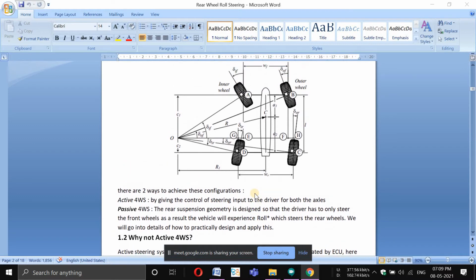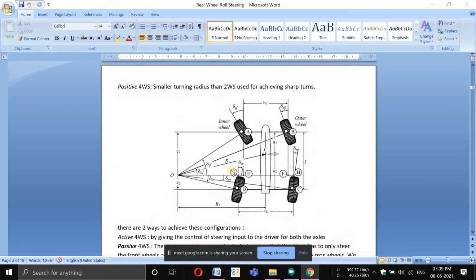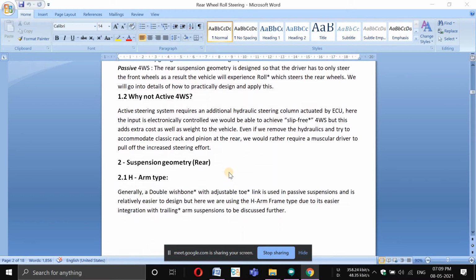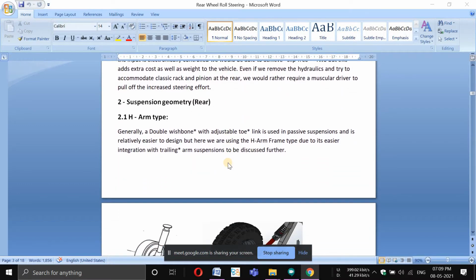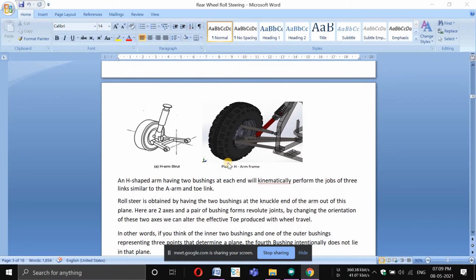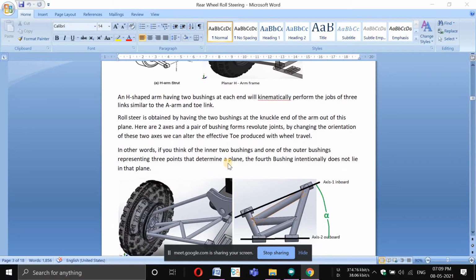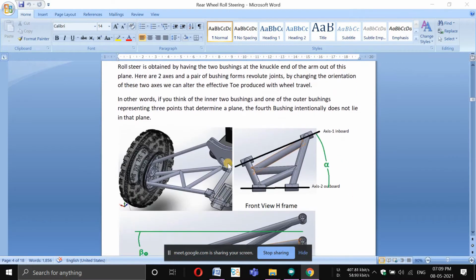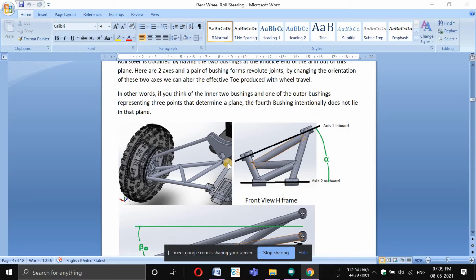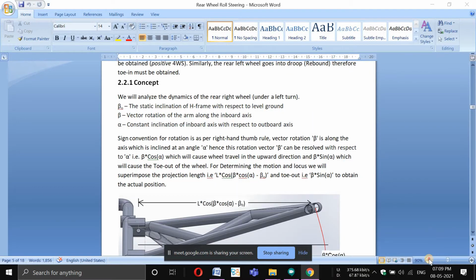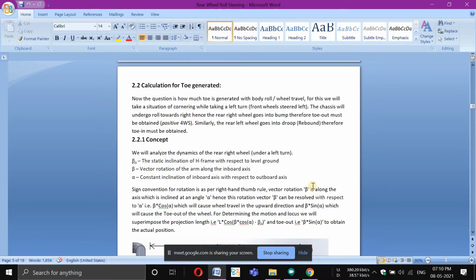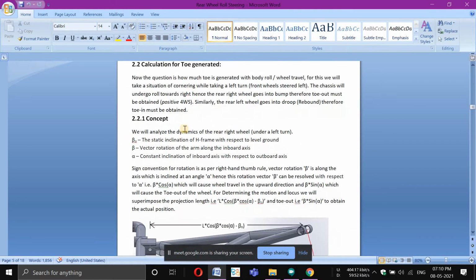So yes, sir. This was the introduction of why we need it, and I'll go straight to the concept of my design, what I have done. There were two designs before this, and in the paper I have included the final design, and this is the concept.